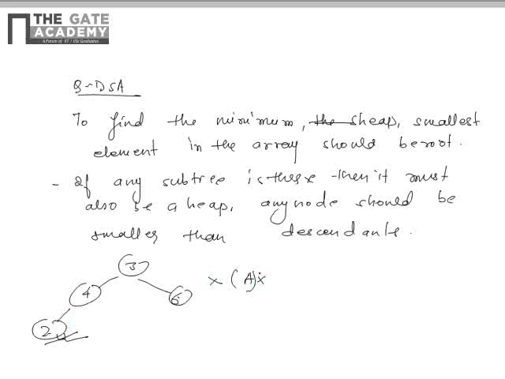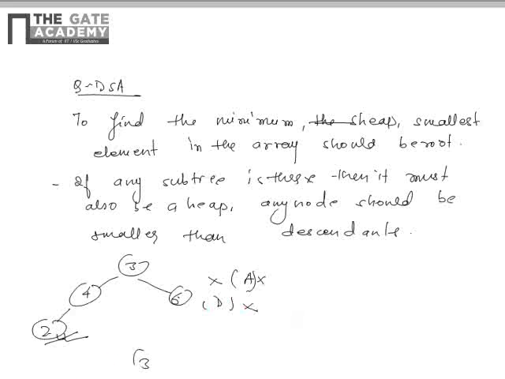Now the second option B: 3, 4, 6, 21, 10, 7, 8, 22, 28, 39, 9, 25, 20. Okay, so we have to check for this option B. Now what is option C? Again we have to check for option C. We have to construct the heap. Now in the D option also the same concept is repeated as in A, so therefore D is also wrong. Now we have to check for B and C, right?